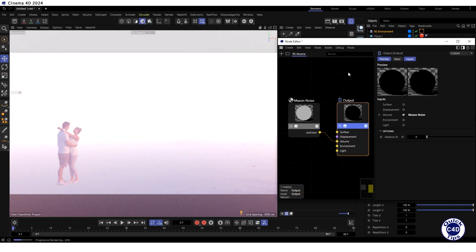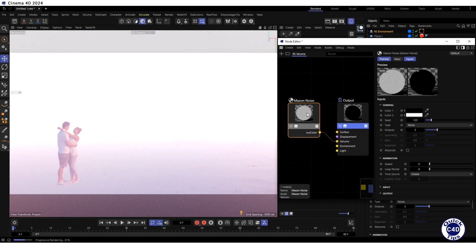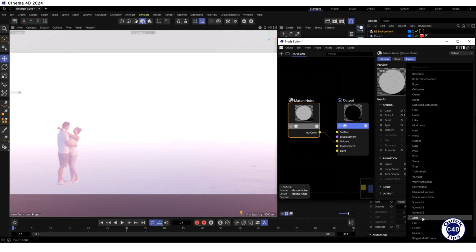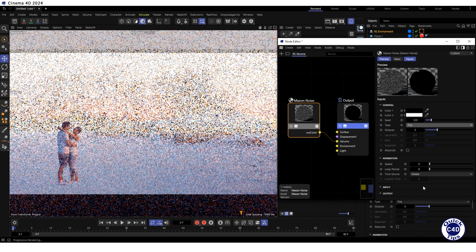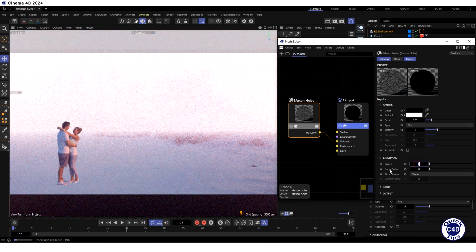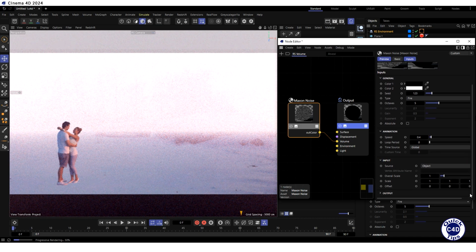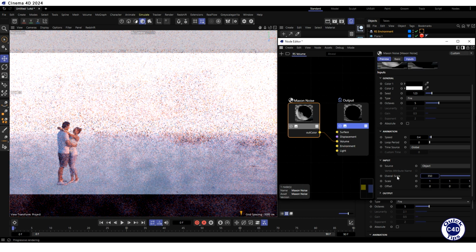Select the Maxon Noise node in the node editor, go to the General section of the Maxon Noise, and choose the noise type. We will choose Fire. Set the speed to 0.4, expand the input section, set the overall scale to 350, expand the output section,